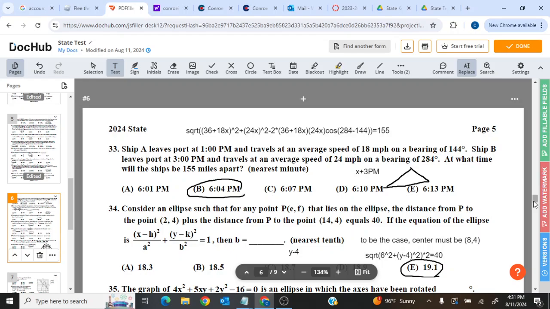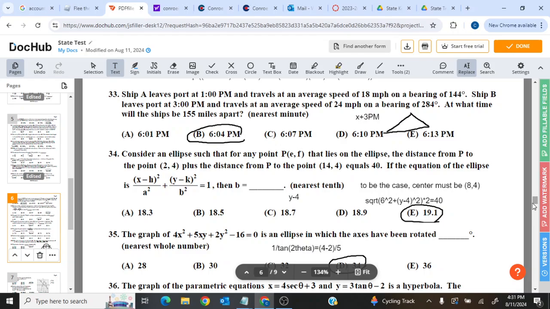34. Consider an ellipse for any point P that lies on the ellipse. The distance from point P to the point 2,4 plus the distance from point P to point 14,4 is equal to 40. The equation of the ellipse is that, then B is equal to what? Well, for that